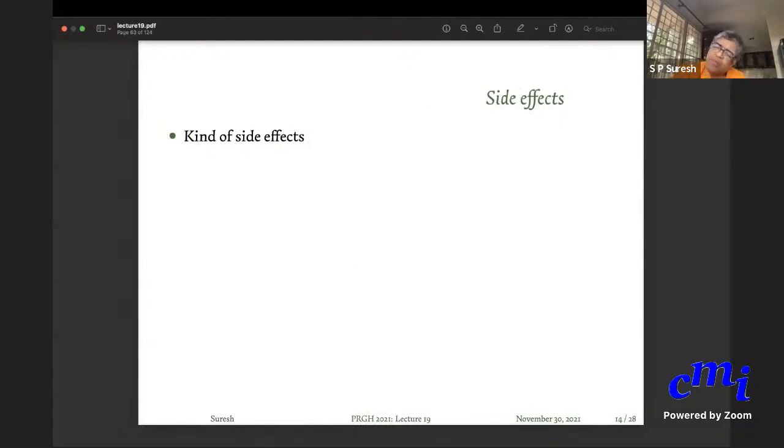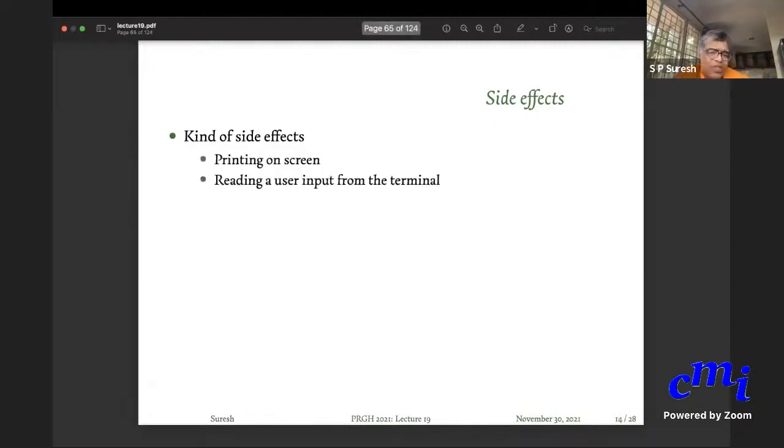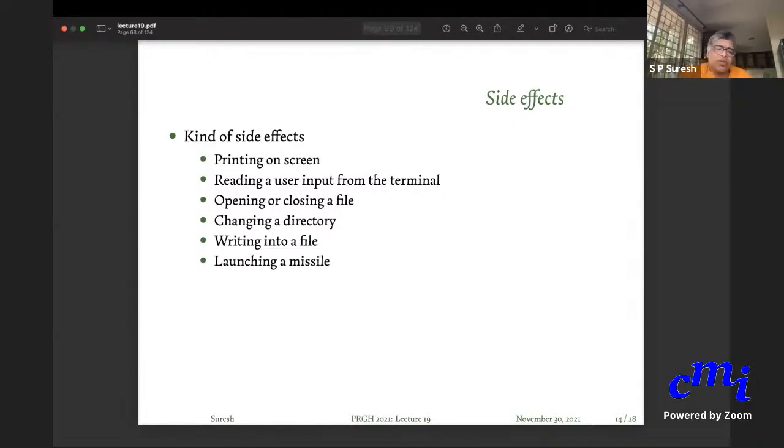We are still looking at conceptual stuff. Conceptually, there are lots and lots of side effects. Printing a string on screen, reading a user input from the terminal or input buffer, opening or closing a file, changing a directory. These are all simple things that you would normally do in your PowerShell or CMD or Unix shell. Writing into a file, you can do all these. You can launch a missile.